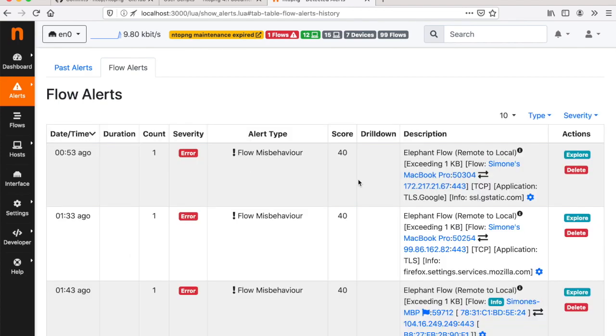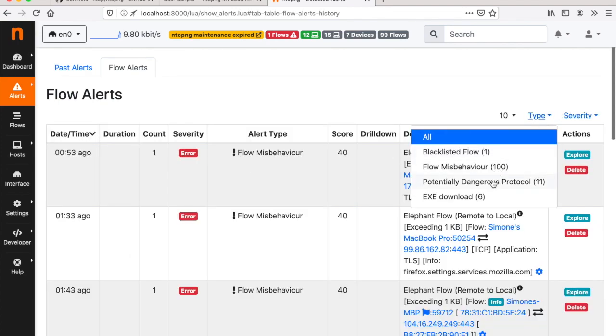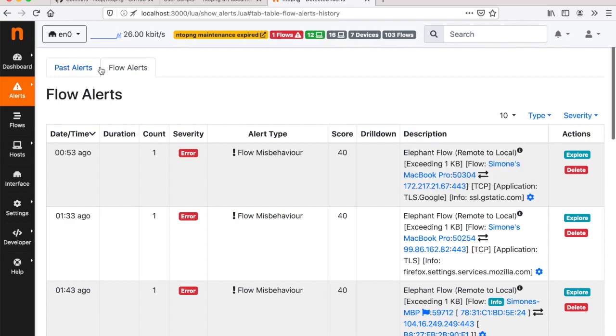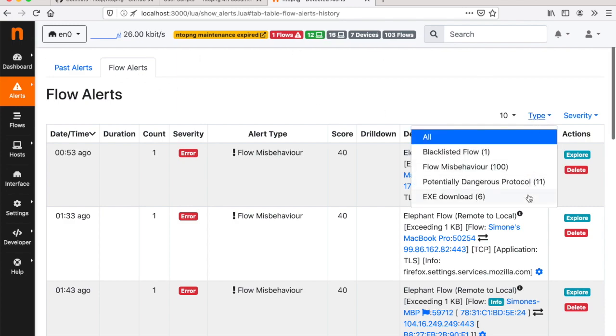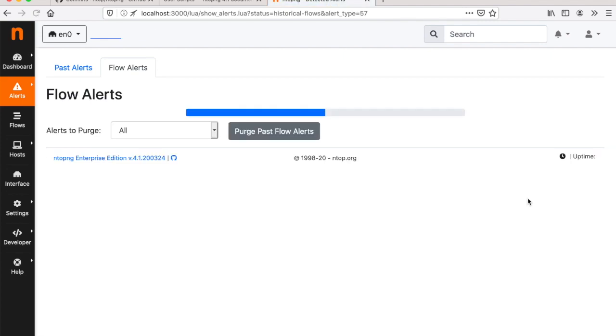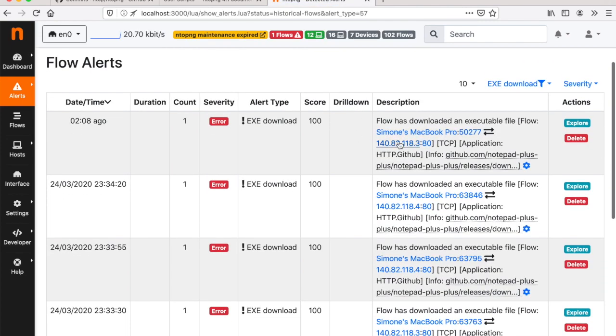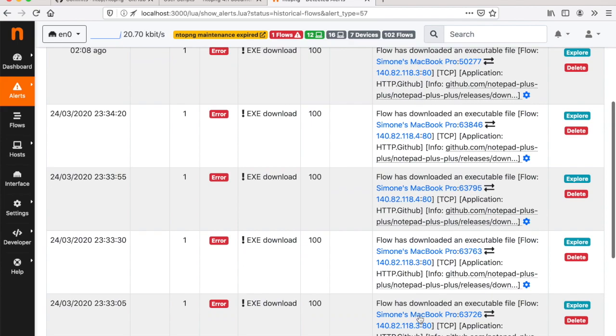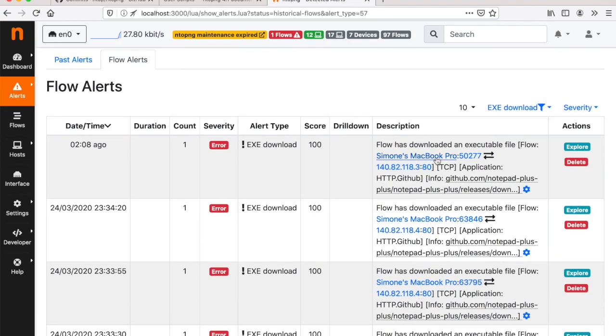So you're not going to lose alerts because you can browse the flow alerts, pick the type exe download, and you are going to find all the executables that have been downloaded. You see the client, the server, the application, and also the actual URL that has been downloaded. So that's pretty powerful because with just a very few lines, less than 100 lines of Lua code, we